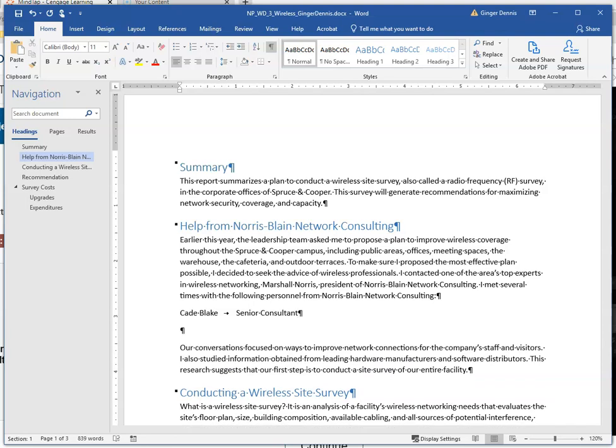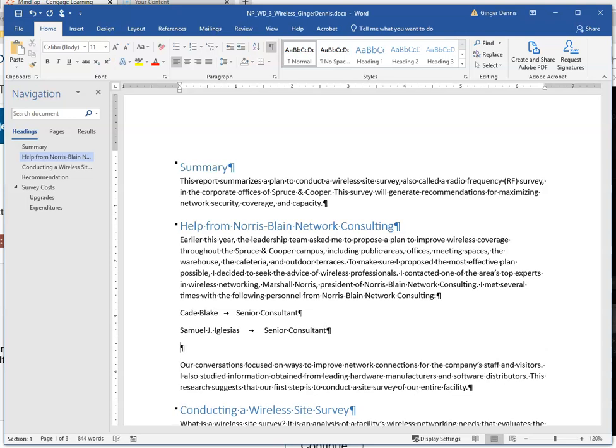and then press enter, and then I'll add the second person that's in your book as well, Samuel J. Iglesias, and another tab, and also the title Senior Consultant, and then press enter, and then the last person we'll add is Beverly Sheffield-McCoy, tab, and project manager. So we have three employees listed with their titles, and a tab has been pressed in between each one, but you can see they're